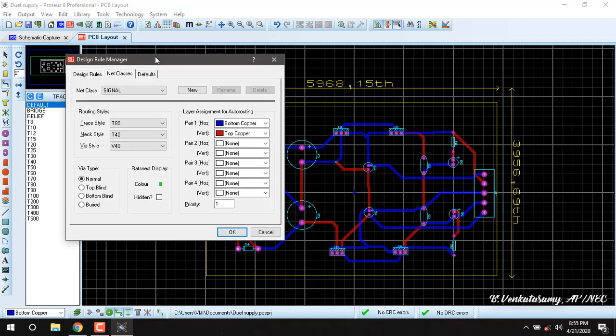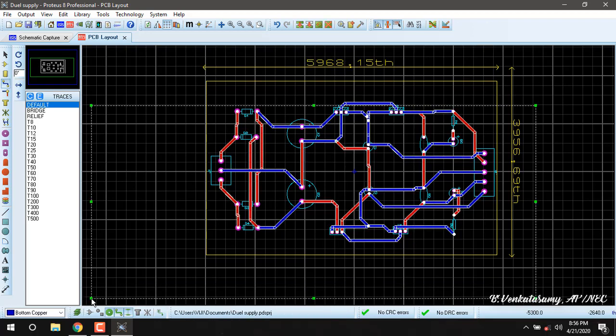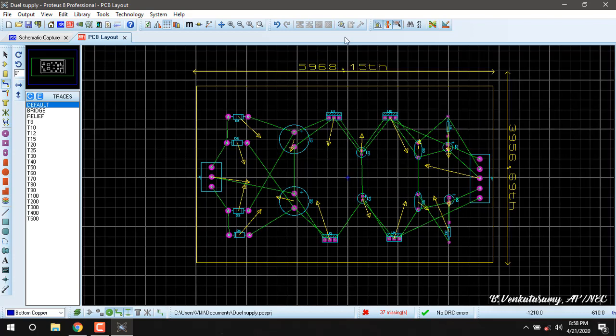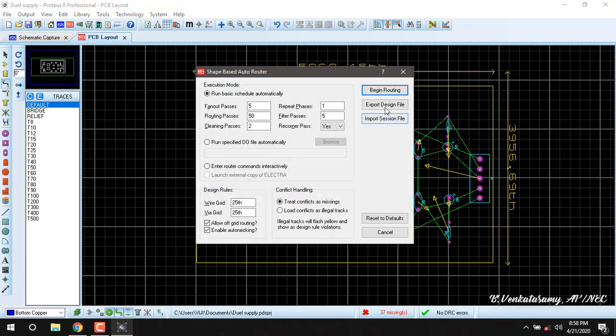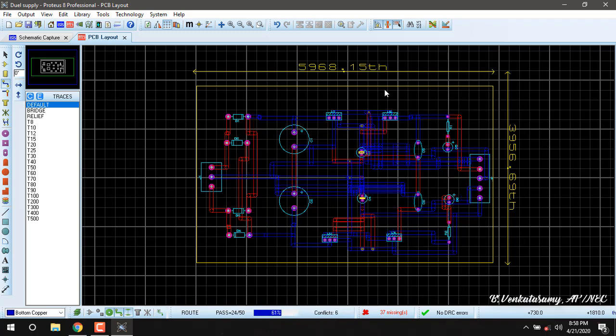I changed some design rules and I am going to route again. So in trace mode, remove the existing tracks and press auto router. Let us see what has happened when the design values are changed.